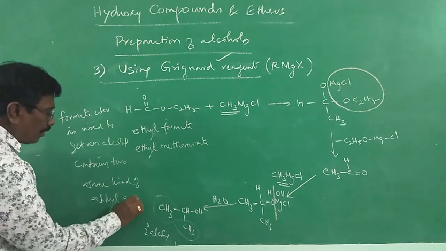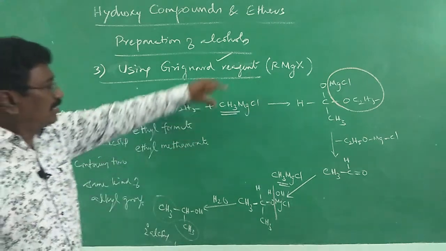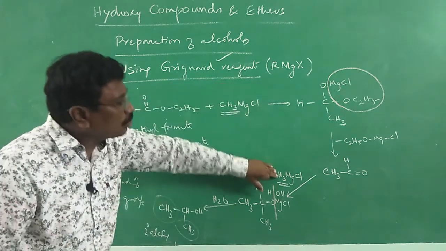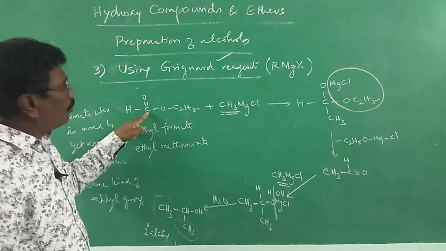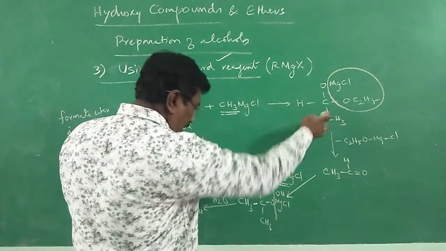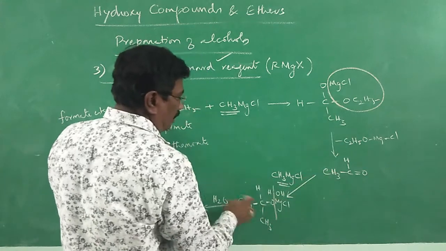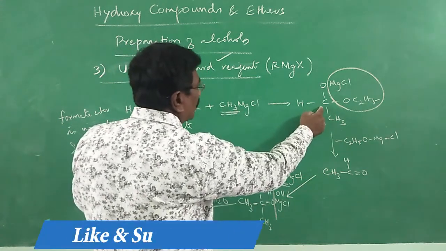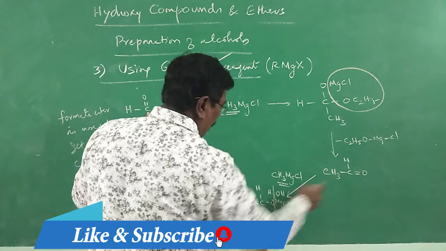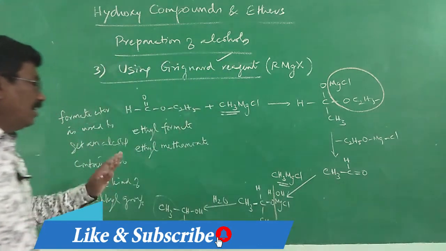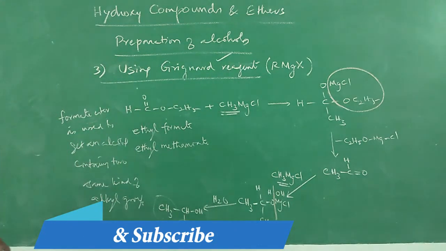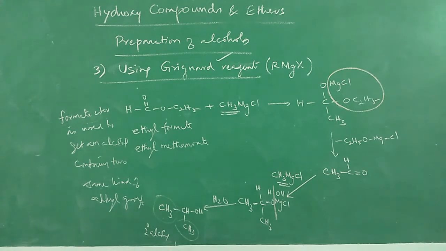Why is it happening? This Grignard reagent is reacting twice. Naturally, with the carbon only it is attacking. The next time also it is happening like that, because a carbonyl group is formed. Since the methyl group is bonded with carbon the first time, the second time also, we will be getting a secondary alcohol with two alkyl groups which are similar.